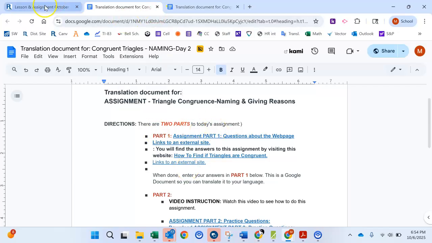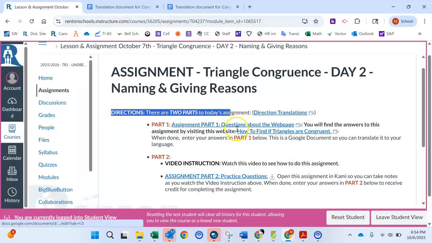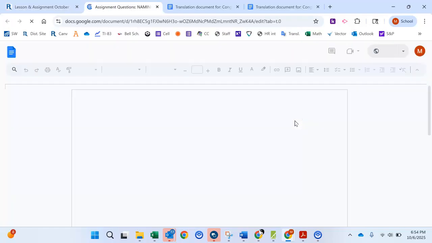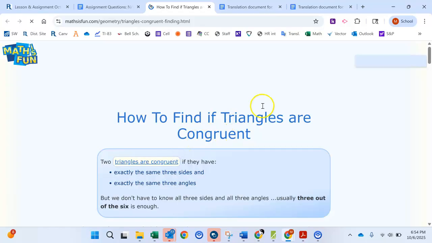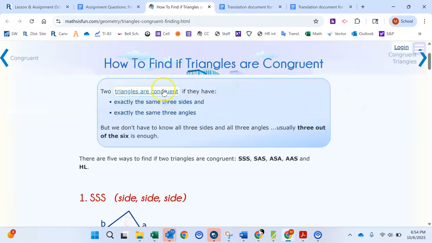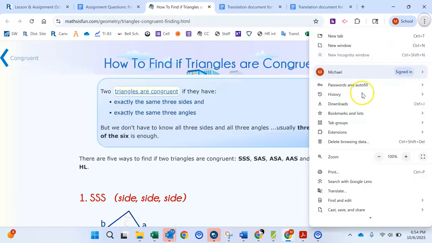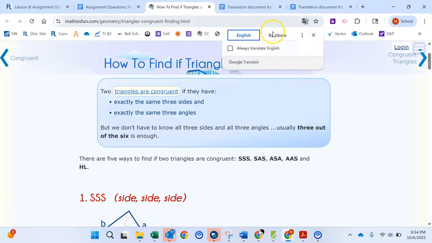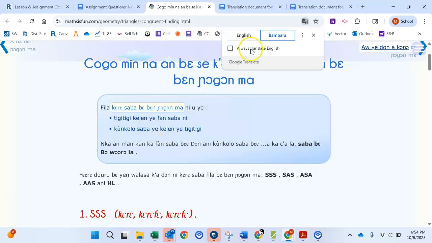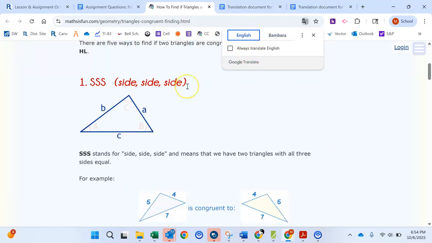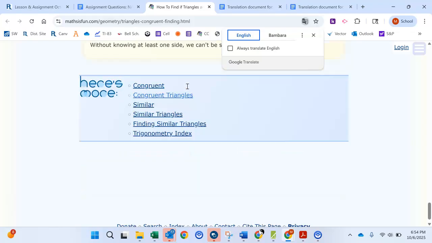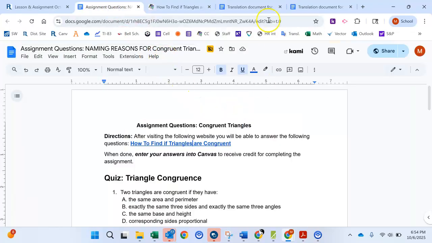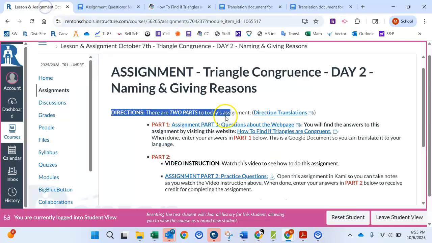Part 1 is you're going to go to this web page right here. It talks about how to find if triangles are congruent. Remember, you can translate it by going over here, so you can translate to a different language if you want. Make sure you go through this. It's not very long, but when you're going through it, you're going to go ahead and